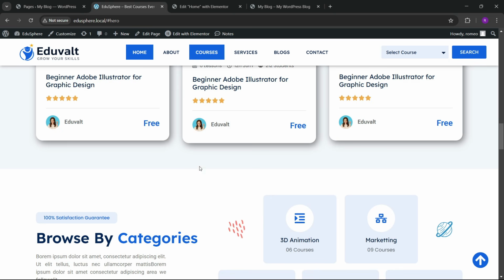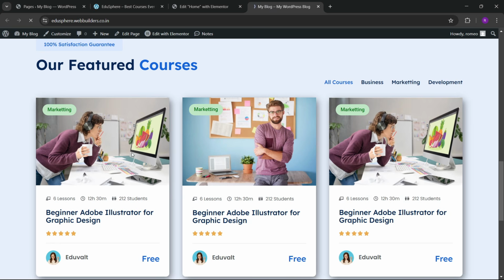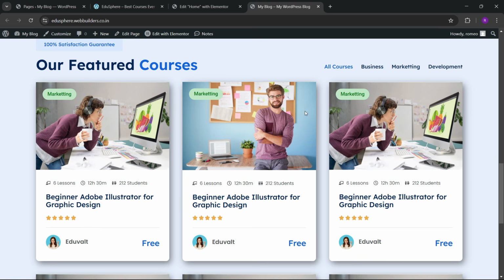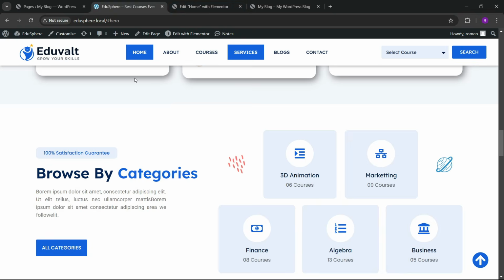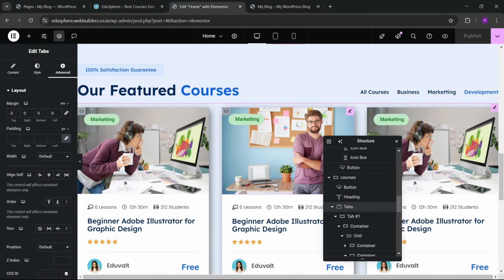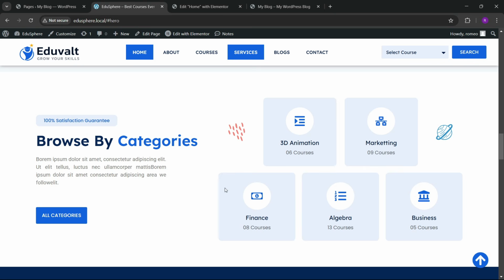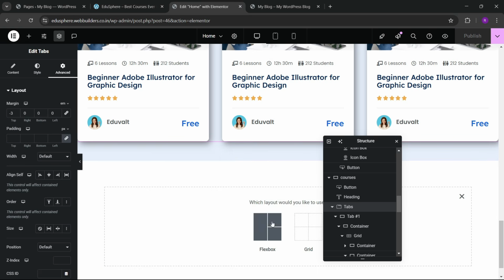So let's focus on this services section. Let's see after refreshing whether this is shifted or not. You can see that we have the proper alignment now. So let's move to the next section where we're going to build the category section. For making this section you can see that we have this type of layout. So let's go here, and here we can add